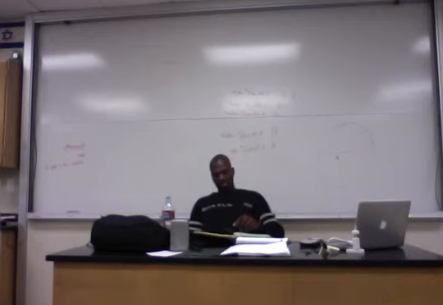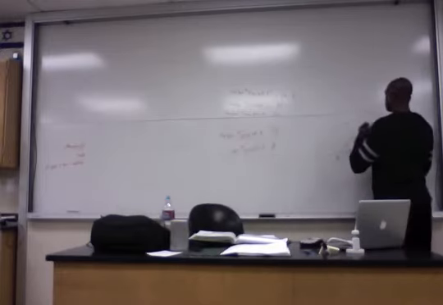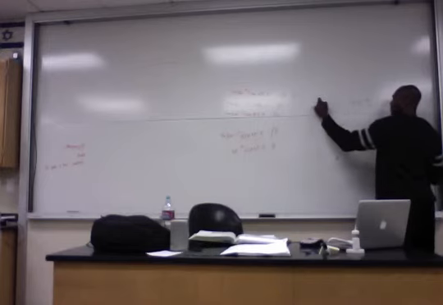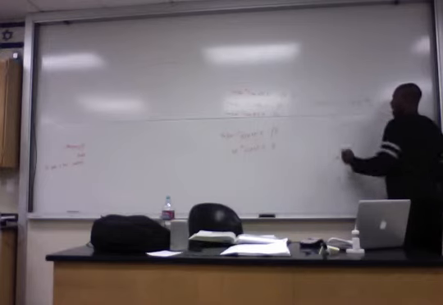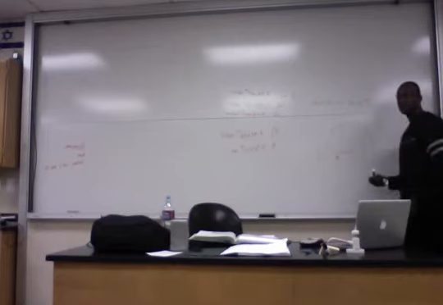And then you see now, if the intensity is multiplied by 10, you go from 10 to the negative 12 to 10 to the negative 11. So it's multiplied by 10, the decibel level goes up by 10. Okay. Now, if you multiply the intensity level by 10 again, decibel level goes up by 10. So you see how this works. Okay. If the intensity is multiplied by 10, the decibel level goes up by 10.